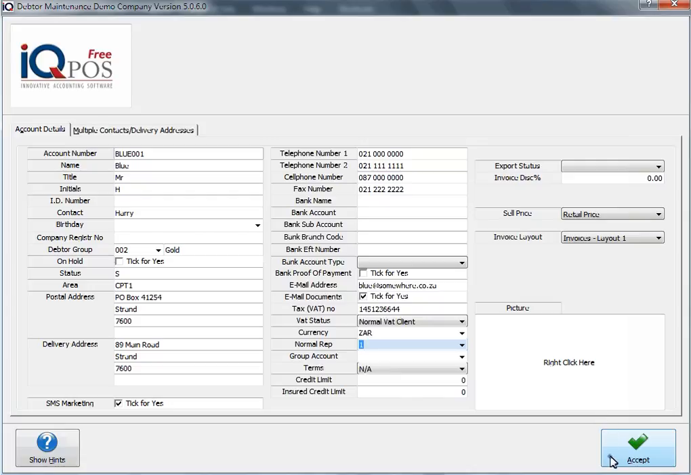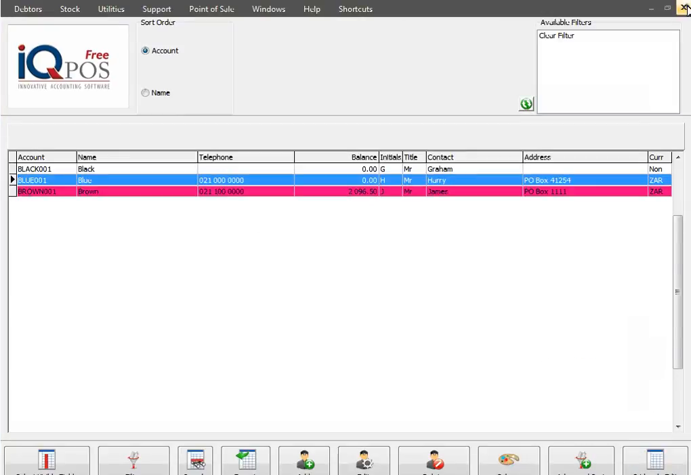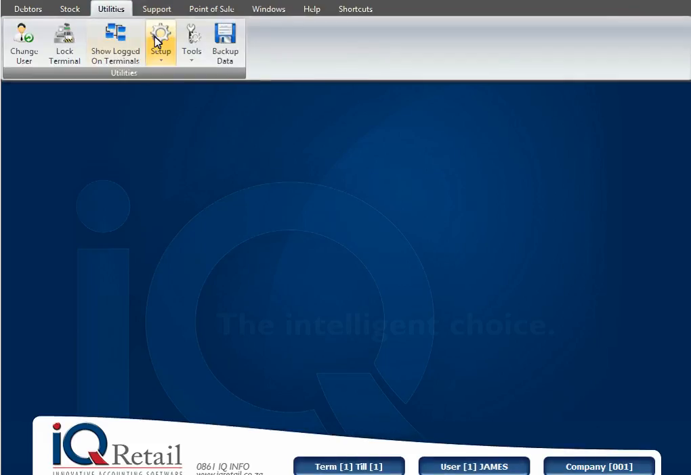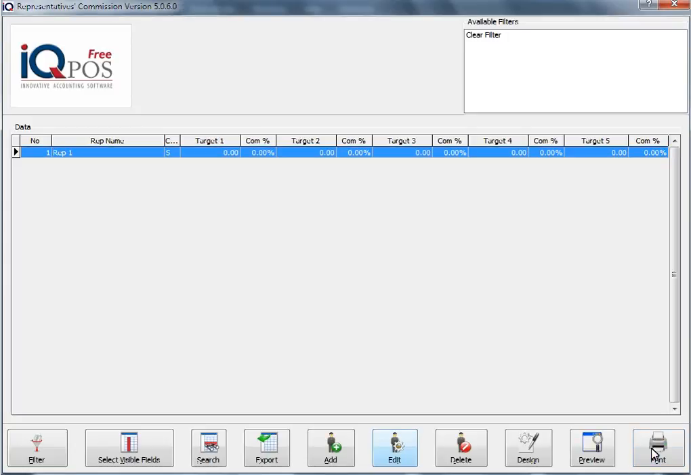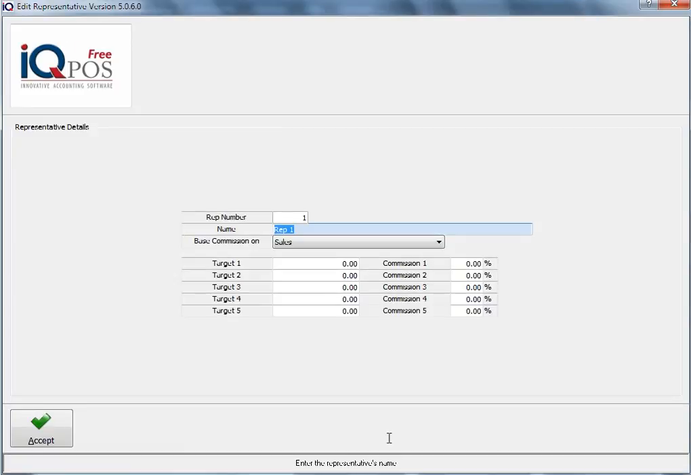So I'm going to close the maintenance screen and I'm going to say utilities, setup, module parameters, and I'm going to go across to the general tab and I'm going to click on sales representatives and I'm going to click on setup. We always give you a default rep, so I always suggest the first one you edit, thereafter you add. So my first rep name is going to be,